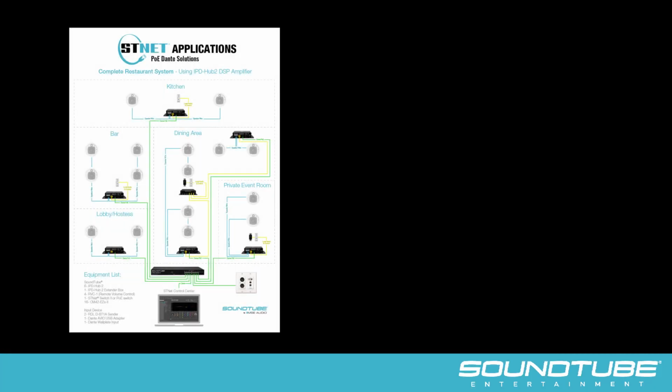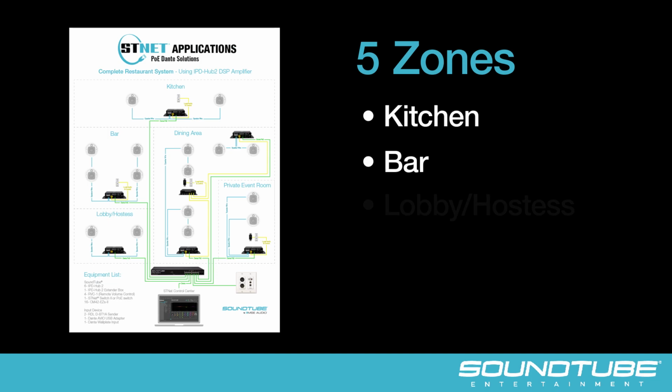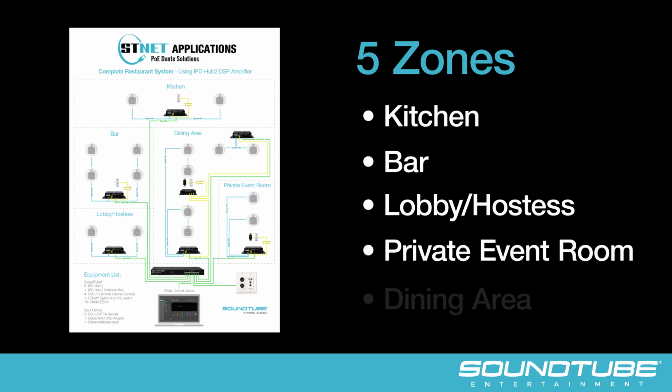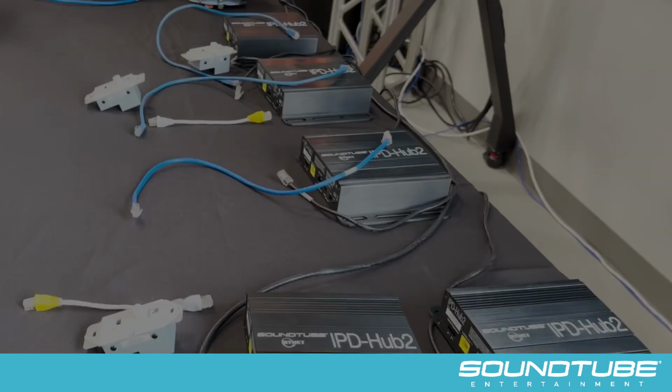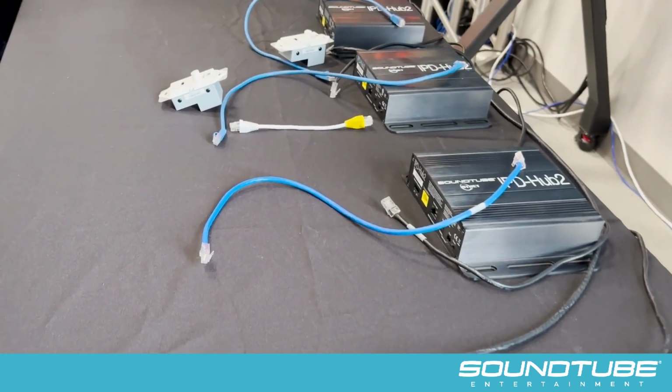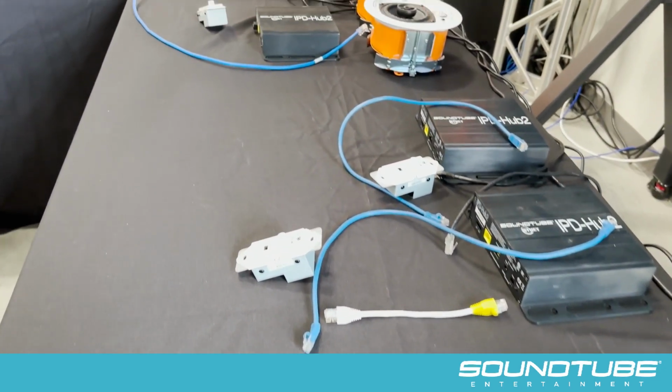Here is an overview of the complete restaurant system we will be constructing. It is broken out into 5 zones: kitchen, bar, lobby or hostess, private event room, and dining area. Each zone contains one IPD-Hub 2 amplifier, 2 or more SoundTube CM42 EZS ceiling speakers, and one SoundTube RVC1 remote